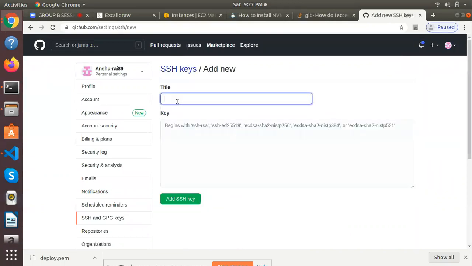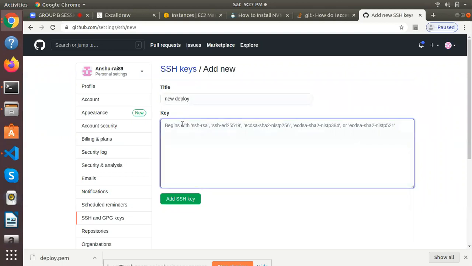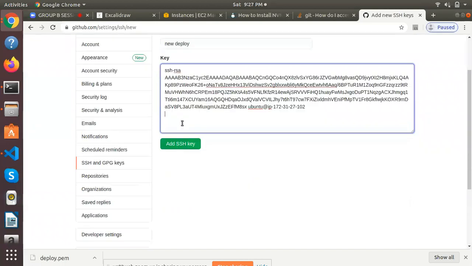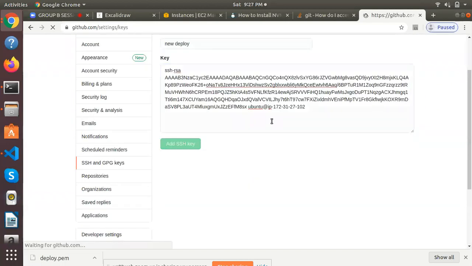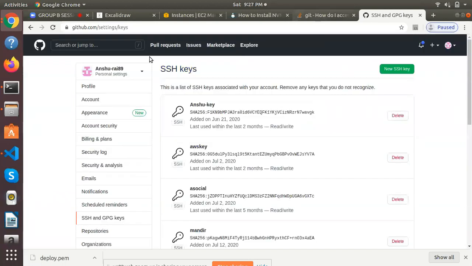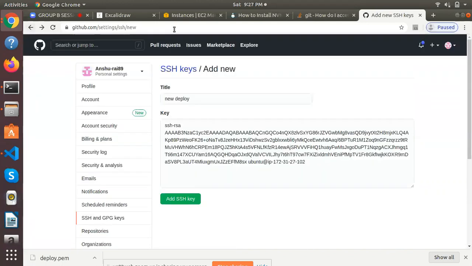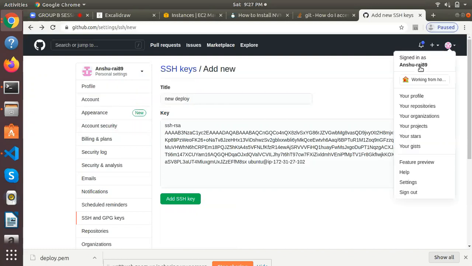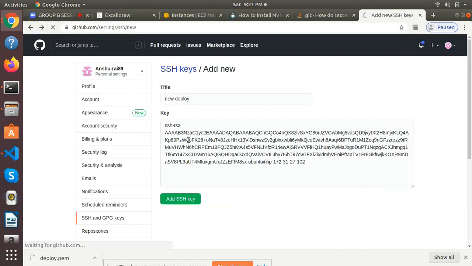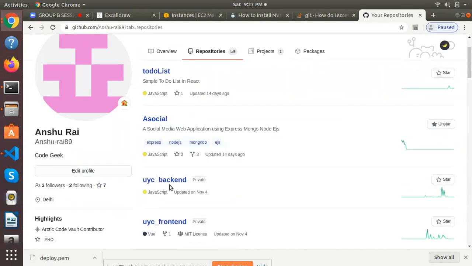So I am exposing all my details, but it's okay. I will be deleting this one after this session. Okay, guys. So now I can clone any repo, and now let's just go to my account, your repositories,